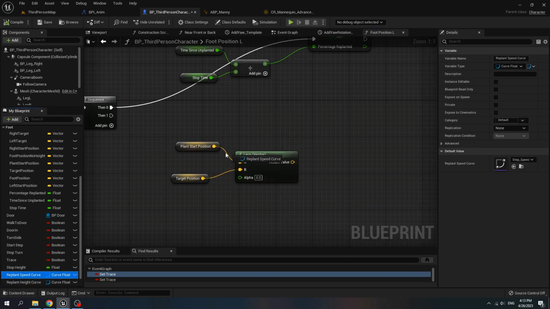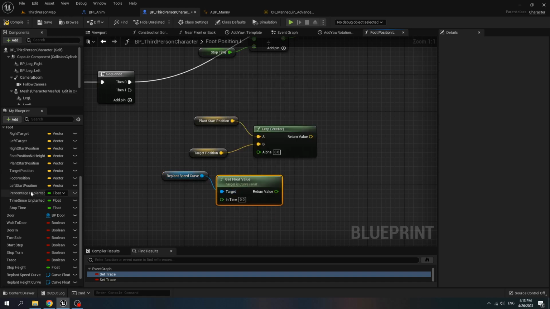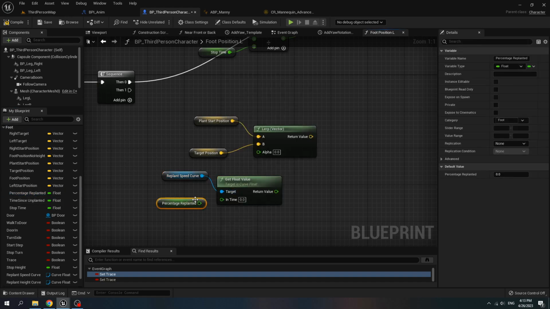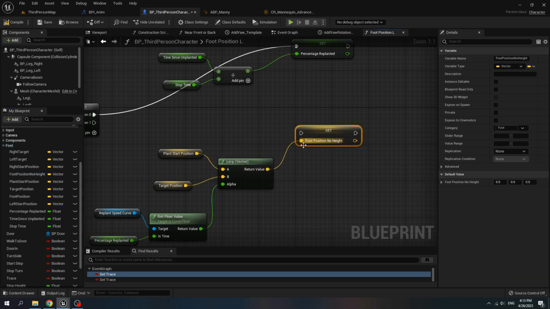Get replan speed curve, get float value, get percentage replanted, connect it to in time, and connect it to lerp alpha, and set it to foot position no high.